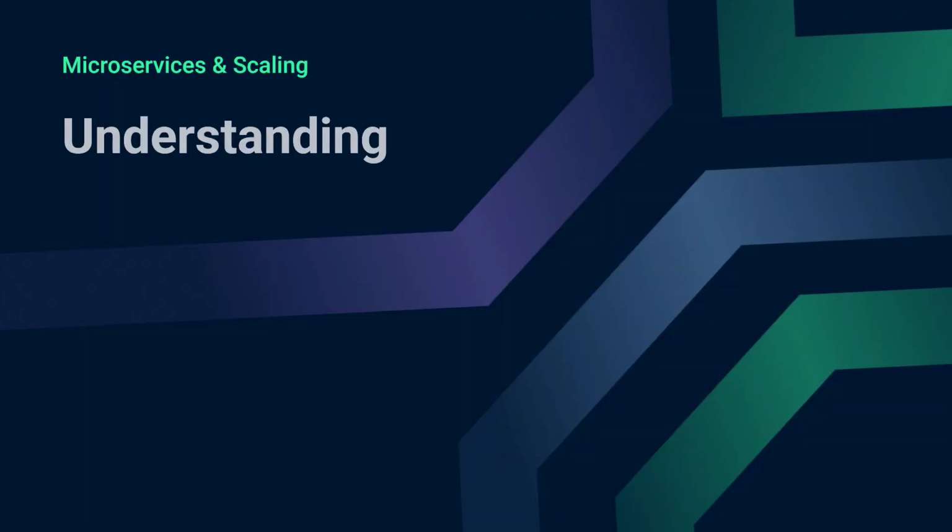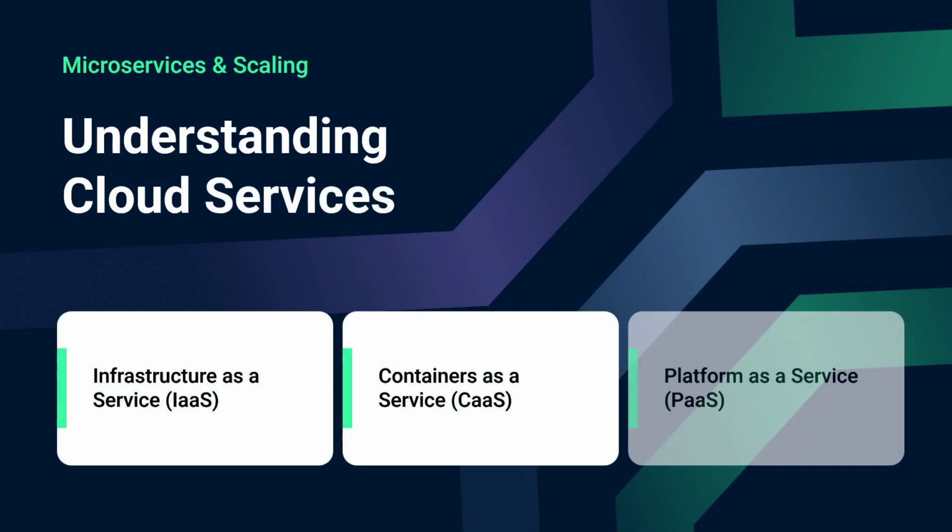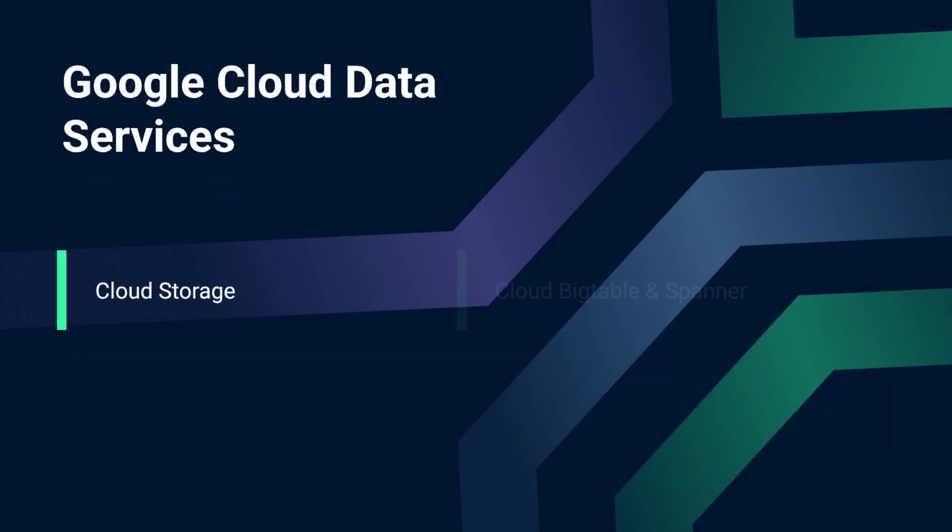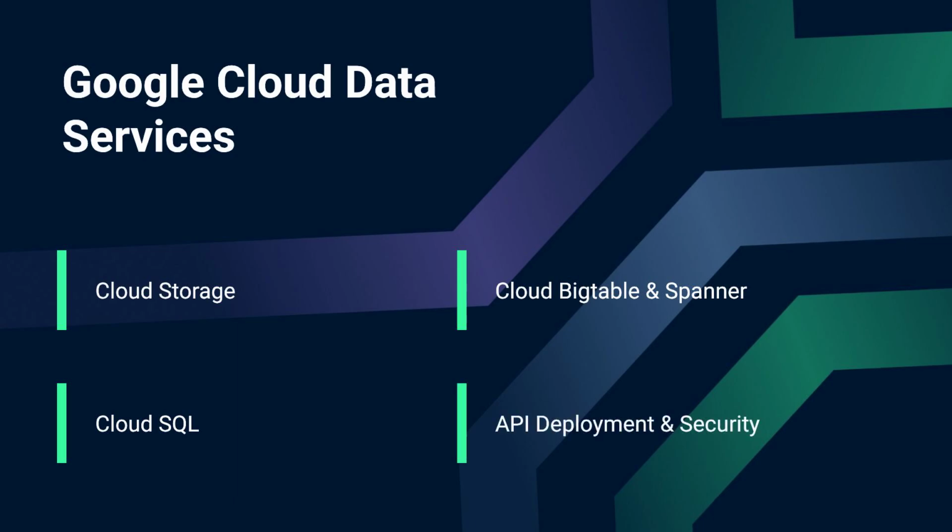Examine the microservices architecture and develop microservice apps. Discover the scaling velocity characteristics of infrastructure as a service, IaaS, containers as a service, CaaS, and platform as a service, PaaS. Then use cloud storage, cloud Bigtable, cloud spanner, and cloud SQL to define a key structure of high-write